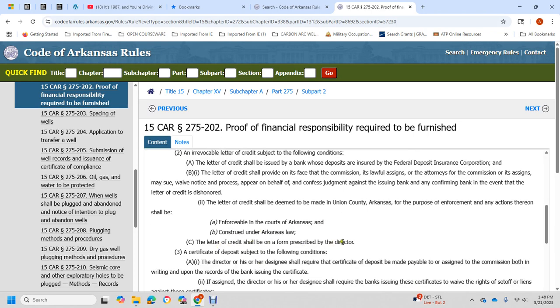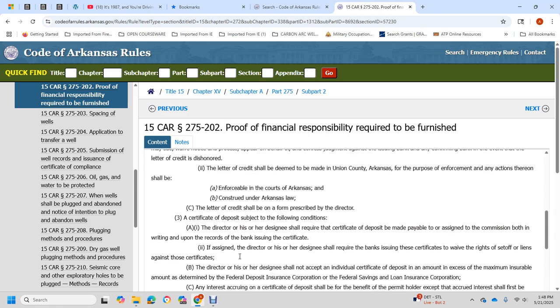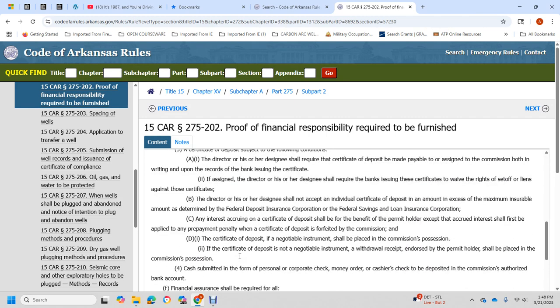The letter of credit shall be in the form prescribed by the director. Certificate of deposit is subject to the following conditions: the director or his or her designee shall certify the deposit, made payable to the Commission and noted upon the records of the issuing bank. The director or his or her designee shall require the issuing bank to waive rights to set off liens against the certificate, and shall not accept